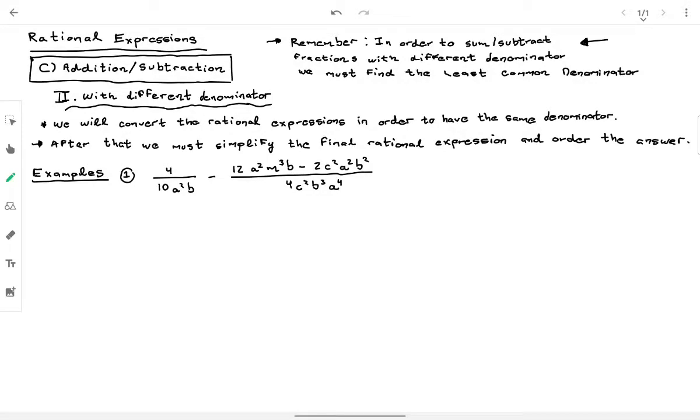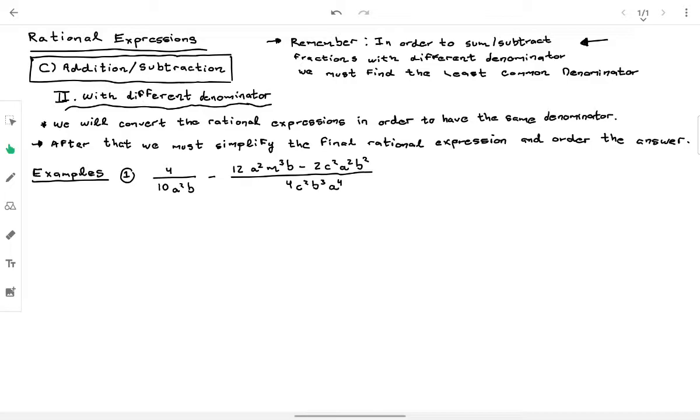So today we will continue with the addition and subtraction of rational expressions, but specifically when we have different denominators. Remember, rational expressions are fractions, algebraic fractions. So in order to add or subtract fractions with different denominators, remember we must find the least common denominator, also called the least common multiple, between the denominators in order to transform or convert our two or more algebraic fractions into